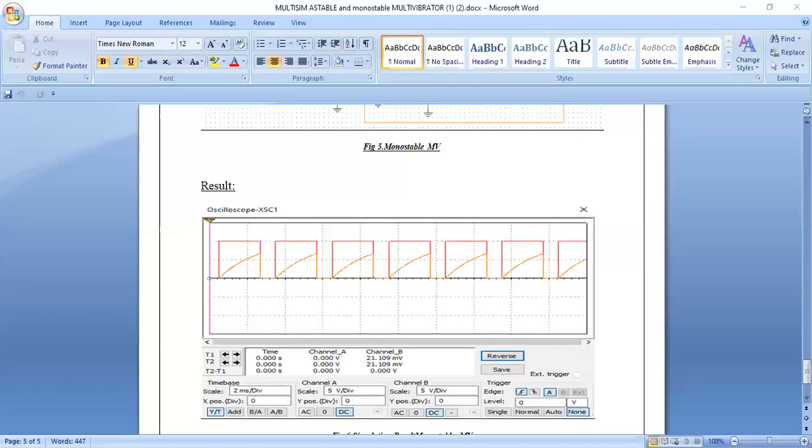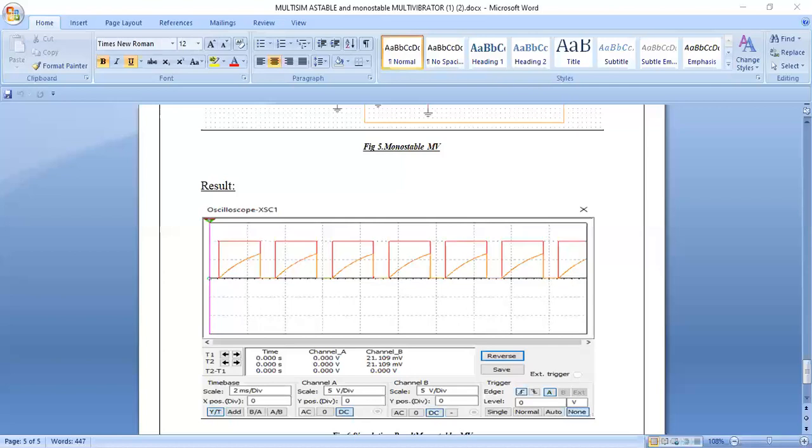Now click on run. Check out the width of the time period, the charging and discharging period. There is a variation which you are going to observe in the time period. I'll retain the scale as it is, 500 microseconds. See, the charging and discharging period is going to be the same. Okay, is it fine? Please try yourself. If you have any doubt, you can ask me.